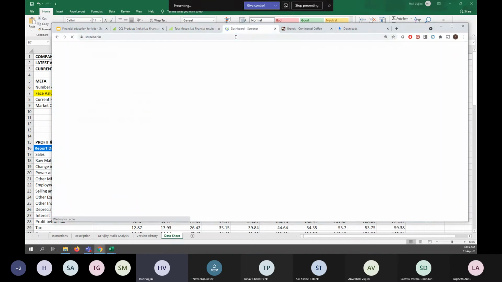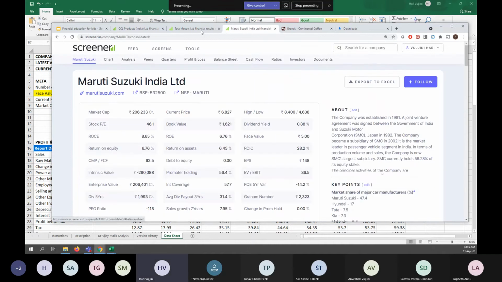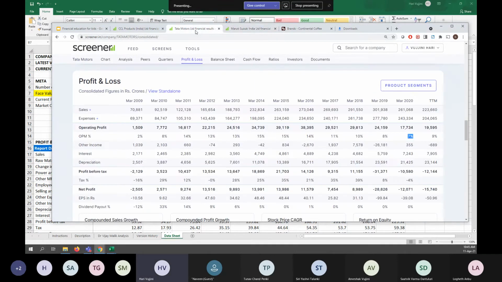So let me compare Tata Motors with Maruti Suzuki. You may know Maruti Suzuki. Now we are comparing Tata Motors versus Maruti Suzuki. They are in the same domain, right? They manufacture cars and sell them to customers. So what we found from the profit and loss statement for Tata Motors...